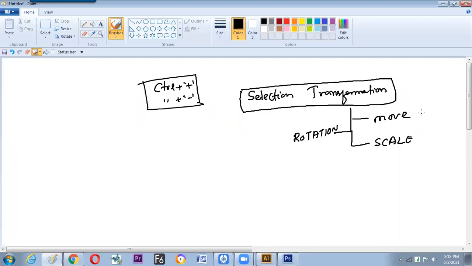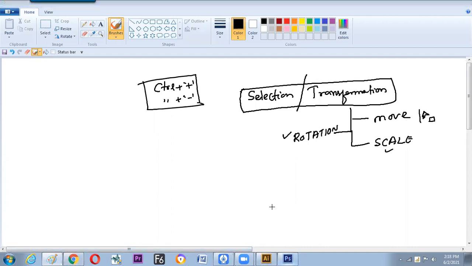Now movement, anyhow, we know, whenever we move the cursor over the selection, it will turn into an arrow without tail mark and with a box, and this allows us to get it moved. But how to rotate things and scale things up, this is what we are going to learn now. The topic now: how to make the selection turn into transformations.